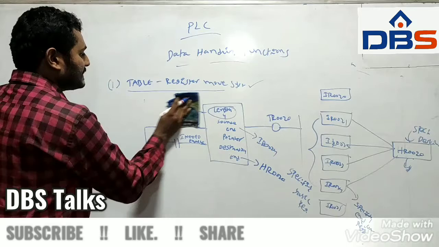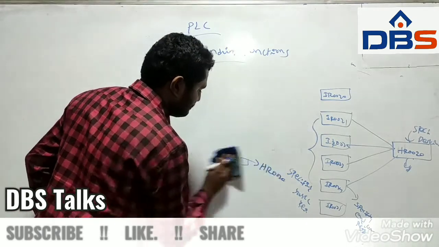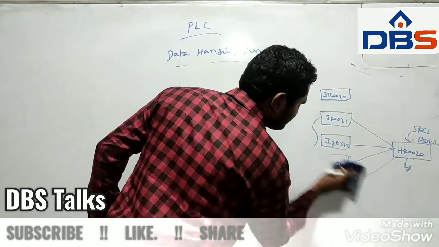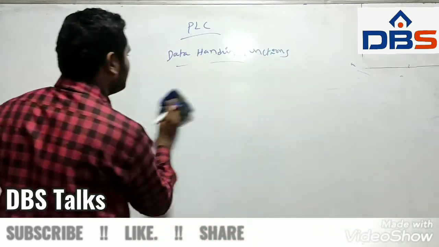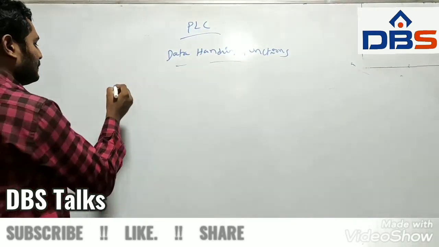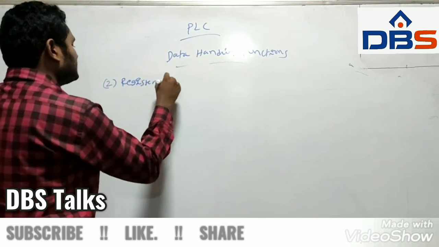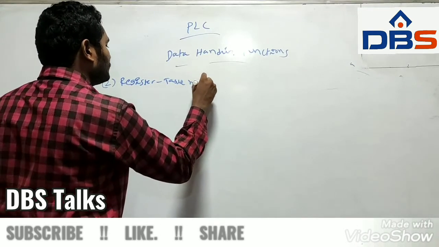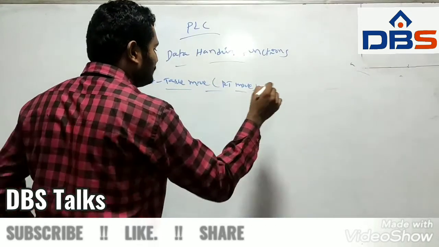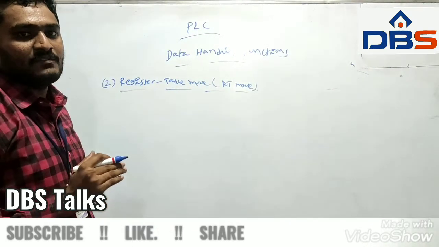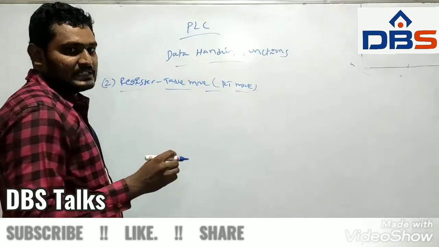And coming to the second one, the register to table move system. Here in this case also we have to move the data, but in the reverse order compared to the table to register movement. So here I am taking the second, that is register to table move, or simply RT move. Here we have to move the data sequentially out of a single register to a large listing of data in consecutive registers.